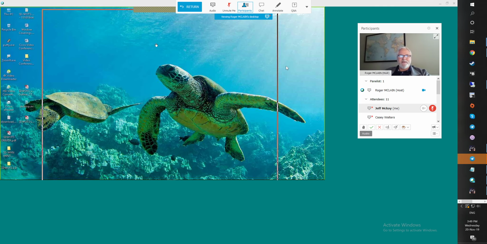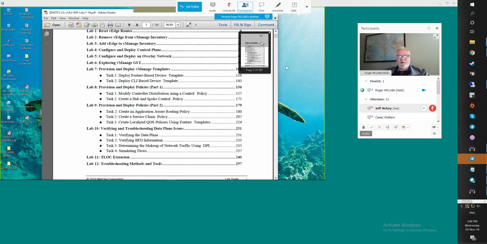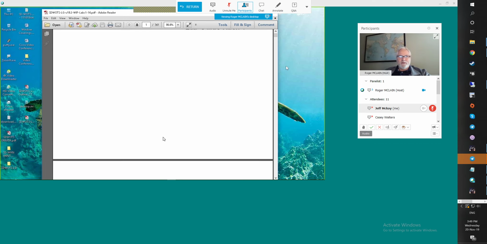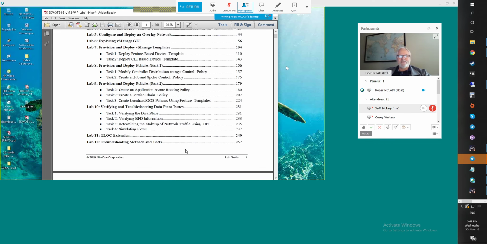Maybe some of you guys already went into that, but for the most part, you're looking at lab 7, lab 8, and lab 9 to support just module 5's material. And like I said before, it starts on page 104, ends on page 230. So a lot of pages in lab. So you guys take your time with the lab. If you need to take a break at any time, go ahead and do so. But I want to try to get as far along in these labs as we possibly